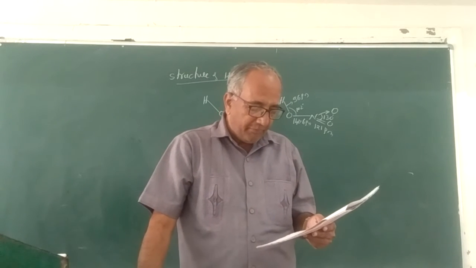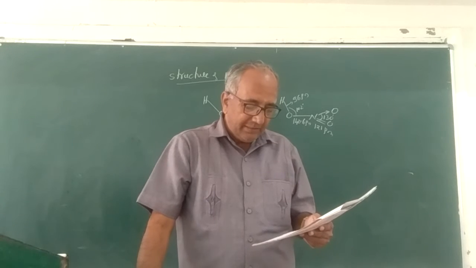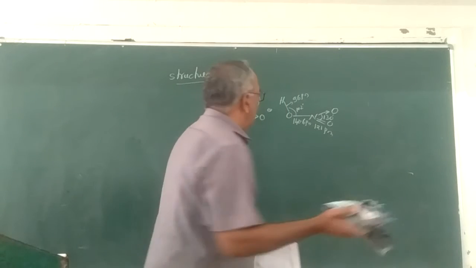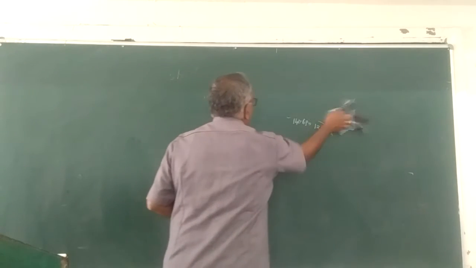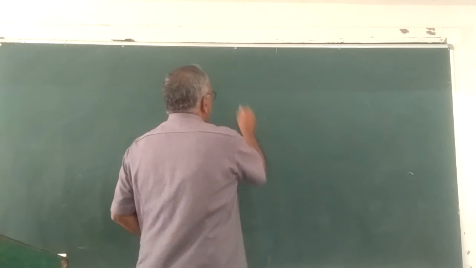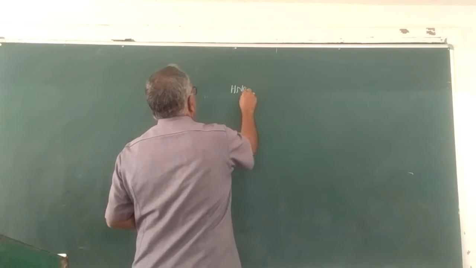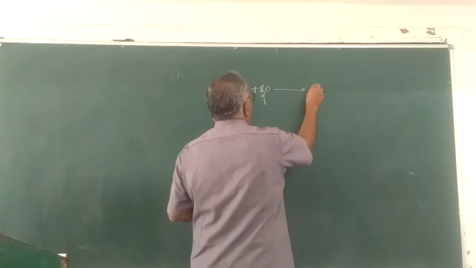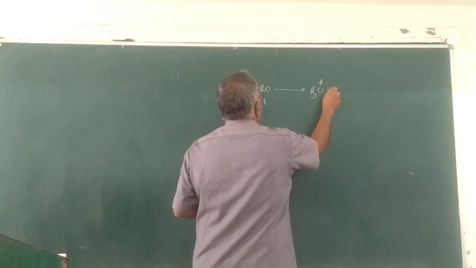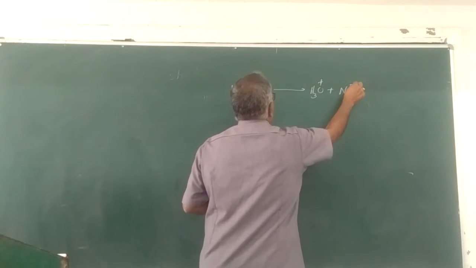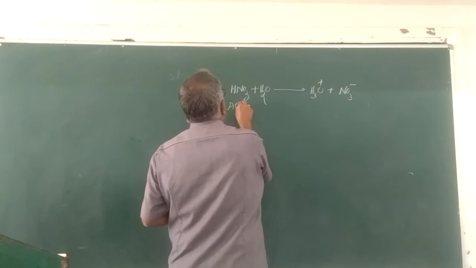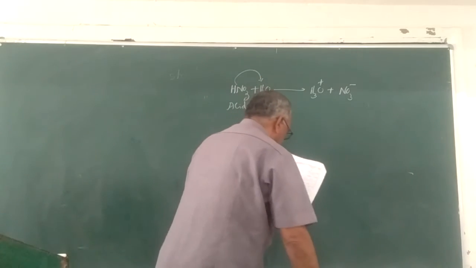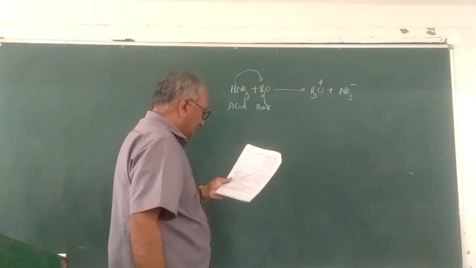The aqueous solution of nitric acid donates the proton. Therefore, it is said to be a strong monobasic acid. To observe this, treat nitric acid with water. Now water will accept the proton. Therefore, water acts as the base, and nitric acid acts as the acid. So it donates the proton, therefore it is said to be a strong acid.